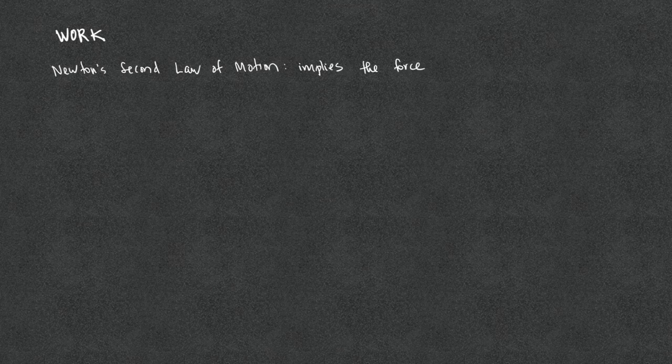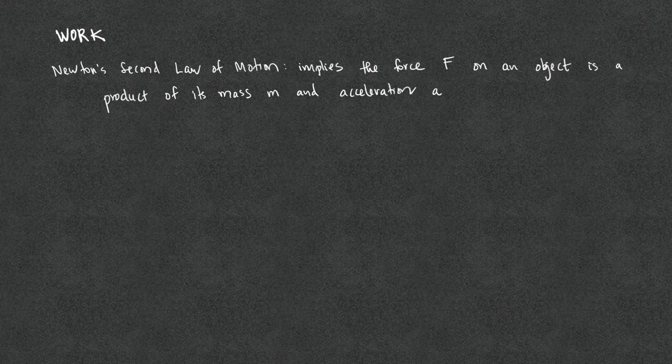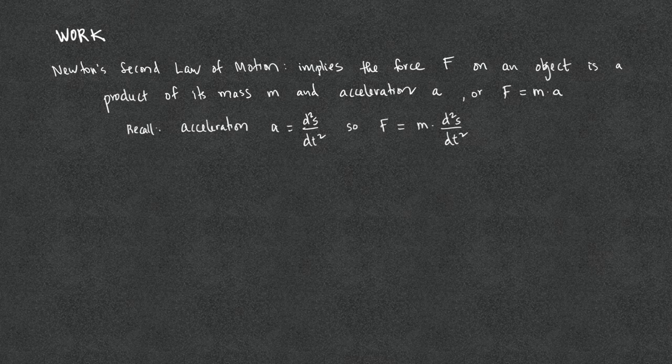Work. We accept Newton's second law of motion from physics. It implies that the force F on an object is a product of its mass m and acceleration a, or F equals m times a. Recall that the acceleration is the second derivative of the position, and so F equals m times d squared s